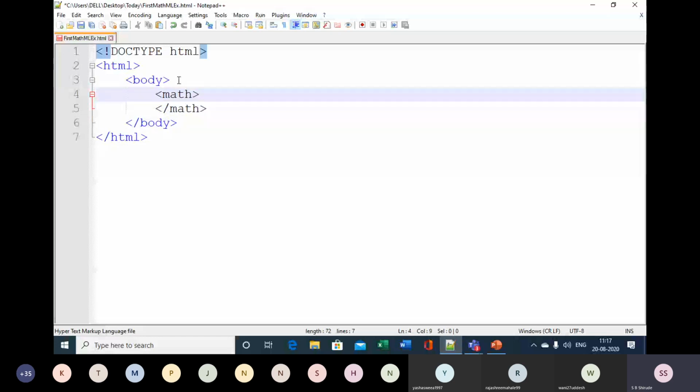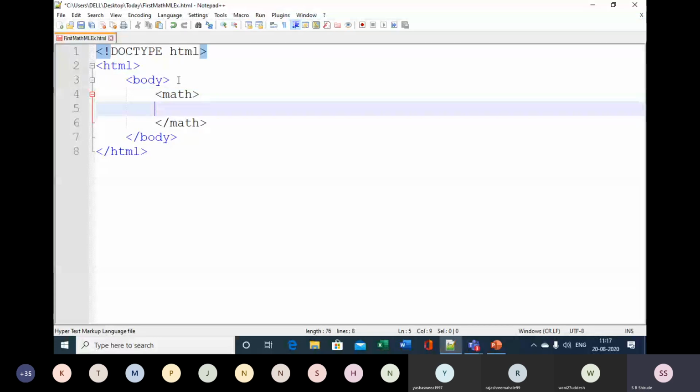Now in this first example, I am going to demonstrate how you can insert an equation. In mathematics, we have equations, you know. For example, the equation is x square plus 4x plus 4 is equal to 0. Somewhere you can write also, if you have pen and book along with you, you can write what I am going to insert here. x square plus 4x plus 4 is equal to 0. That I am going to insert.